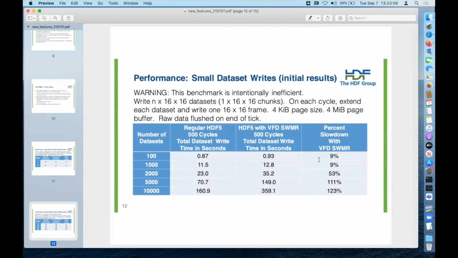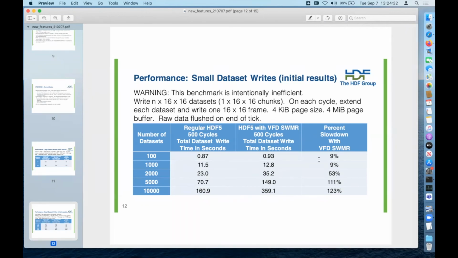Now, if you look at this table, when we get out to 10,000 data sets, you can see we were having a pretty large slowdown relative to the straight HDF5. As I said, we're working on looking at alternate configurations to see if we can improve that. My guess is we'll get a fair bit, but that gives you an upper bound on what sort of slowdowns you should see. Finally, before going on, I should mention that from an HDF5 perspective, this particular design of the